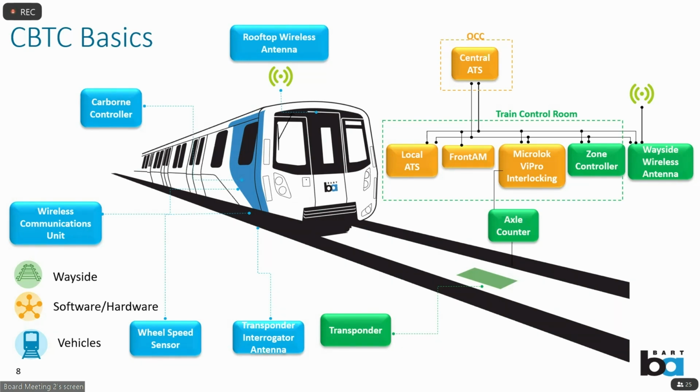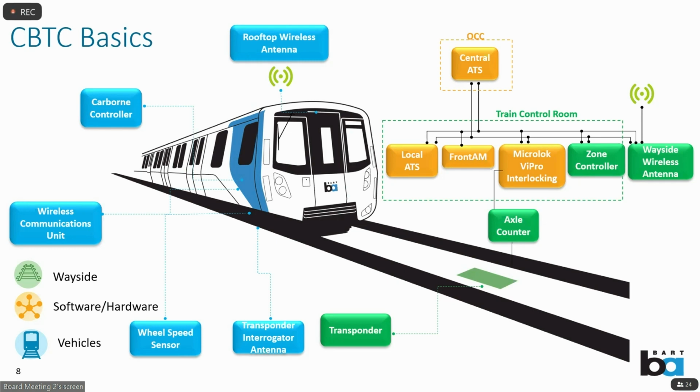The equipment that is along the trackway is called a transponder, and it goes between the tracks. This acts kind of like the fast track pass. You know, so when a train travels over the transponder, the signal from the transponder sends a message over. There's a blue box that says transponder interrogator antenna. Those 2 talk to each other, and then it sends the signal that tells the antenna. The message gives the direction, the speed, and the location. This information is then shared